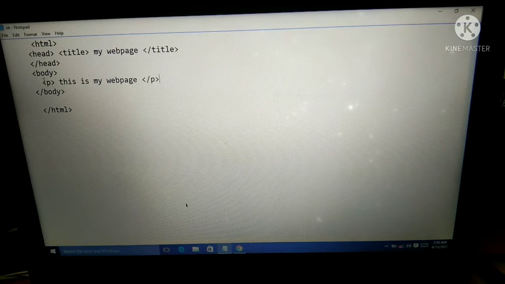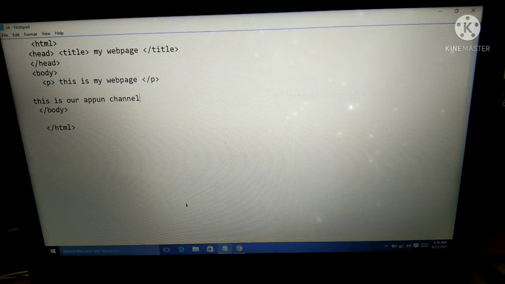We will save it, and again we will write this is my, these are, so I have written this. I write this in italic, EM.